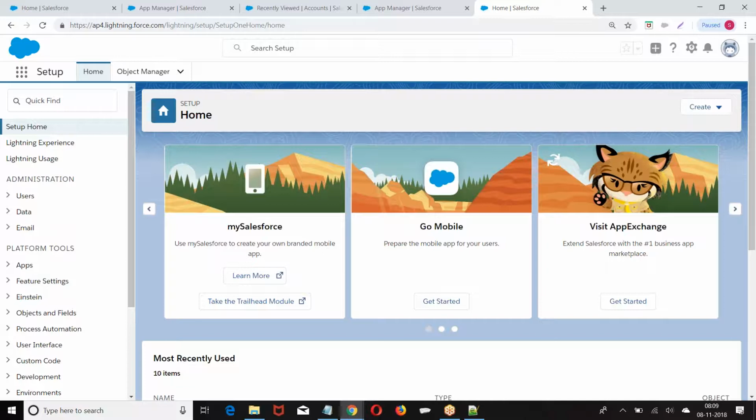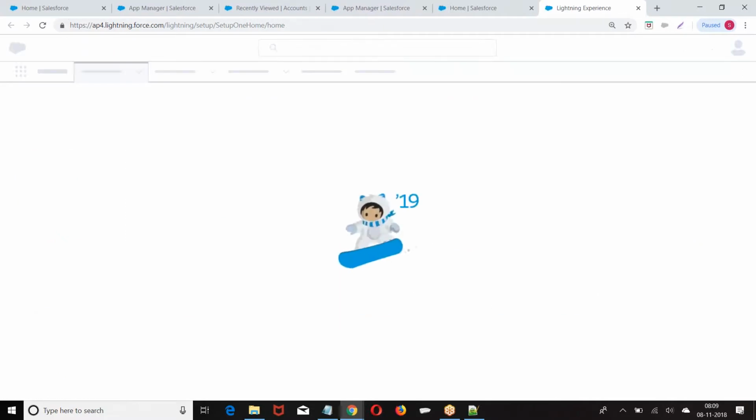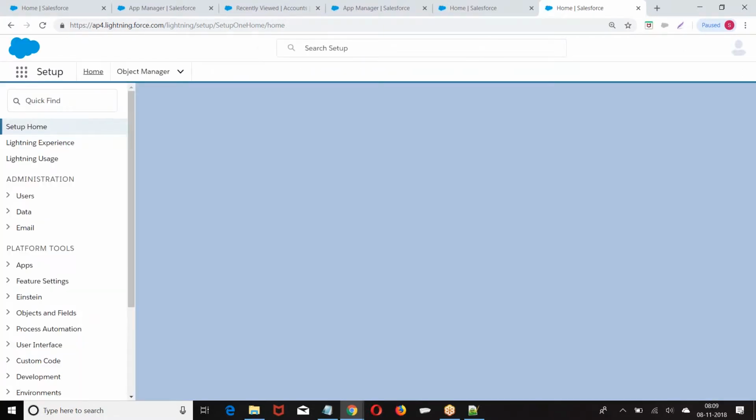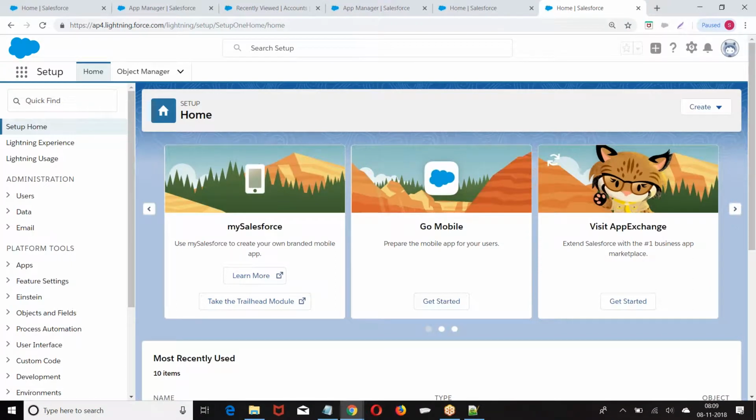Now, the quick point here. I already created an application in the classic. Now I want to migrate this application to Lightning. We already had a classic and we have a Lightning now. Lightning is an updated version of Salesforce. So we want to shift your classic application to Lightning application. When you are shifting, classic application will not be deleted. One more copy of the classic will be created in the Lightning. So look at the format.